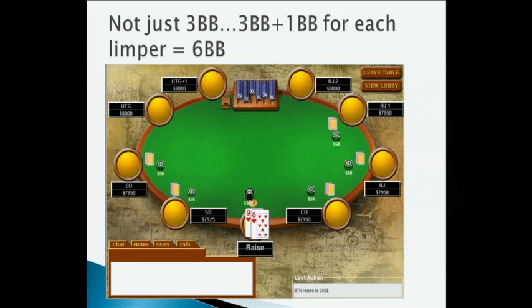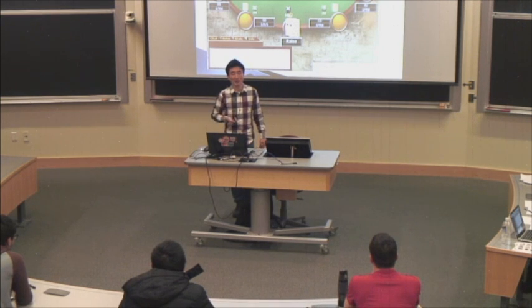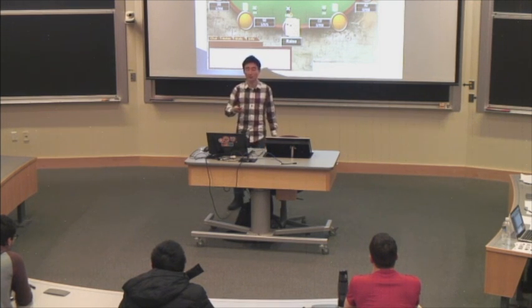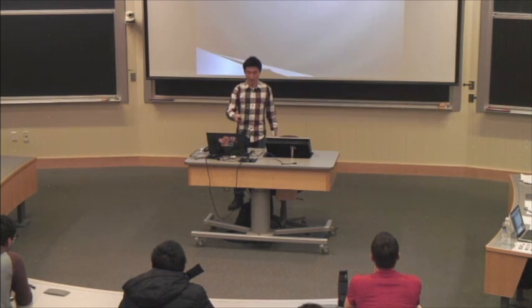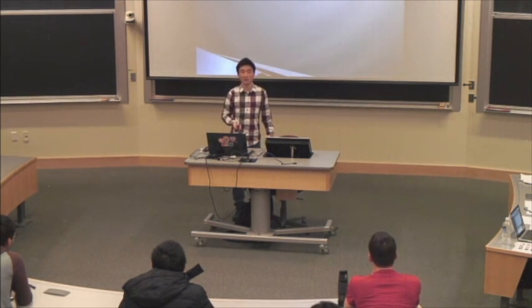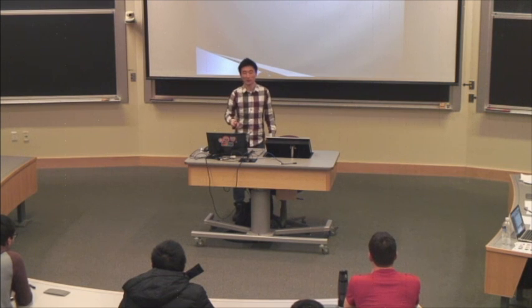Right? The fact that you only raised to 6 big blinds instead of going all in is predicated on you having at least like 25 to start the hand, or something where it's enough to escape if something weird happens after. Okay, I'm going to finish off showing you some more simple pre-flop situations.